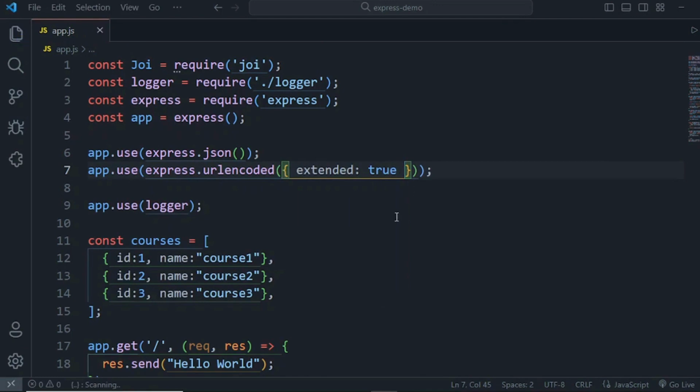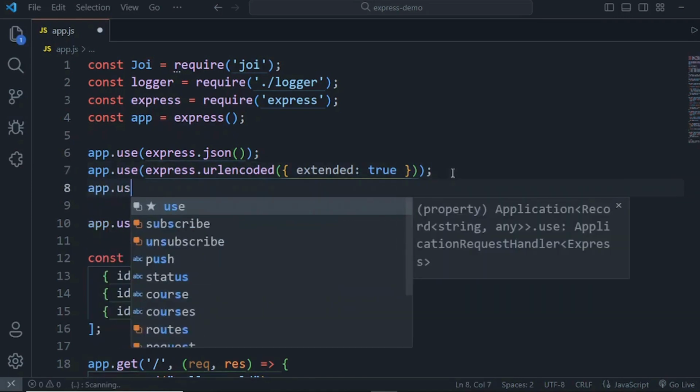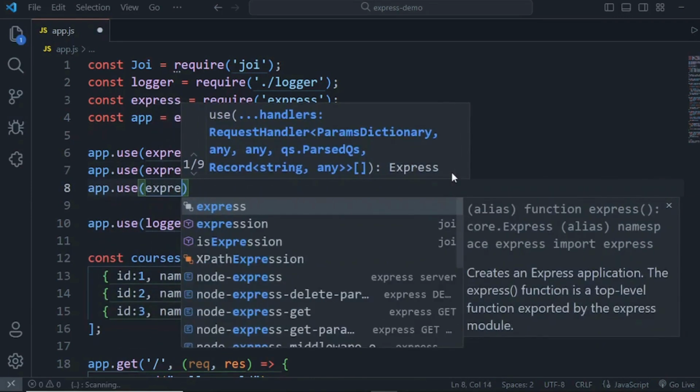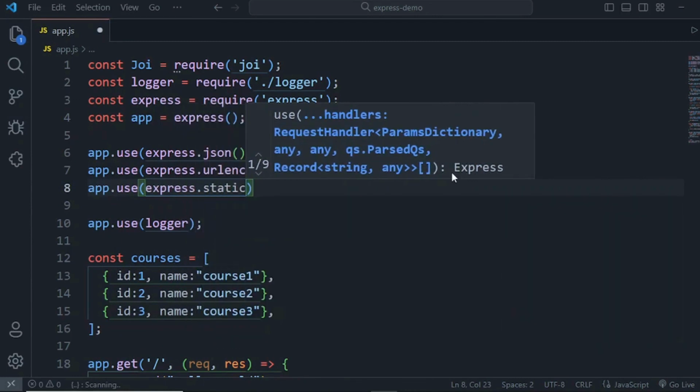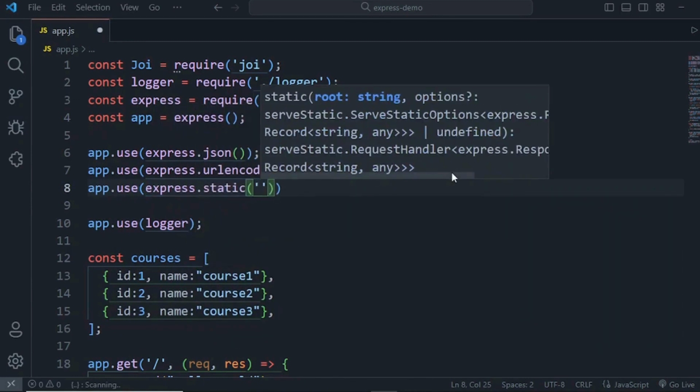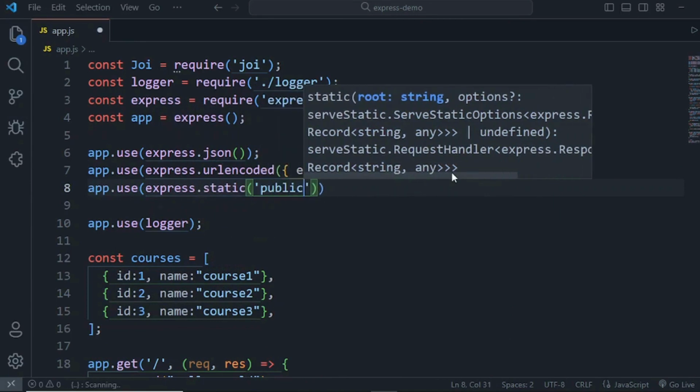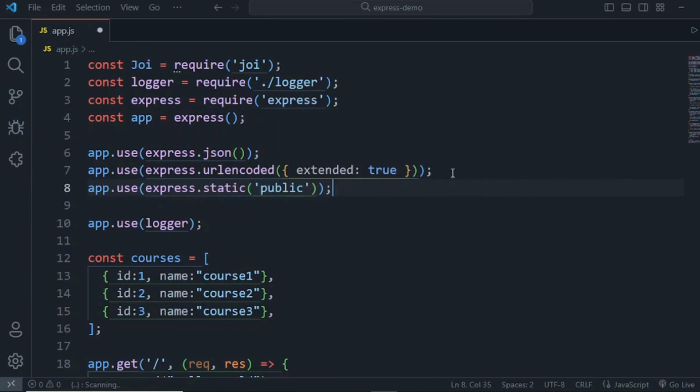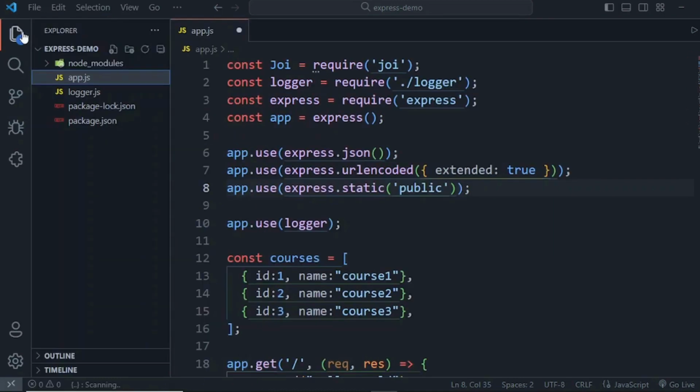Okay. Now finally, the last built-in middleware we have in Express is static, and we use that to serve static files. So let me show you how that works. app.use(express.static). Now here we pass an argument, and that's the name of a folder. In this case, I'm going to use a folder called public. So we are going to put all our static assets like CSS, images and so on inside this folder. So let's create this folder here, public. For now, I'm just going to add a simple text file here,